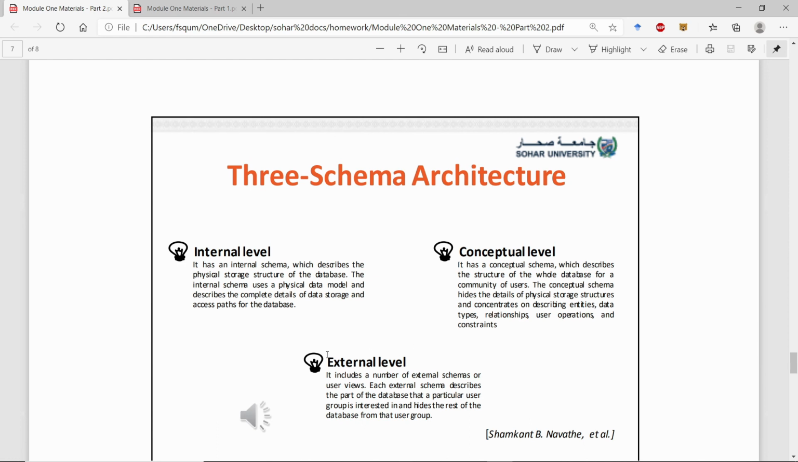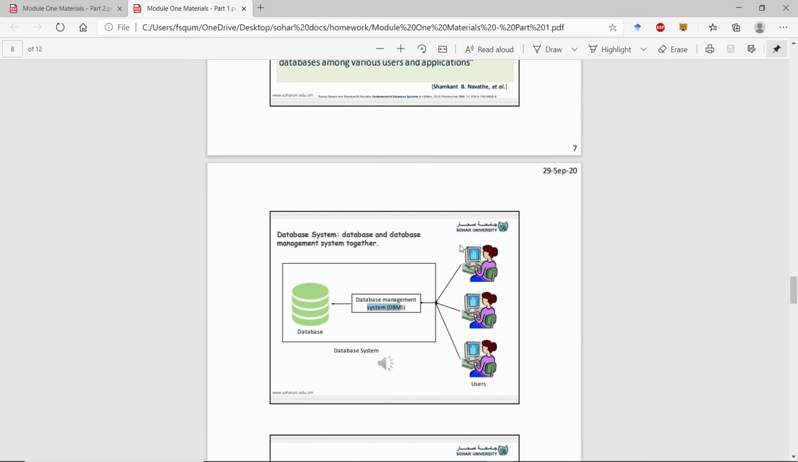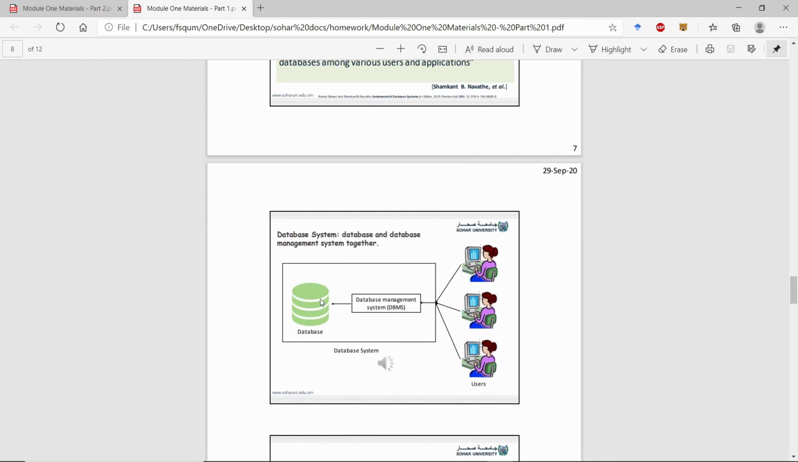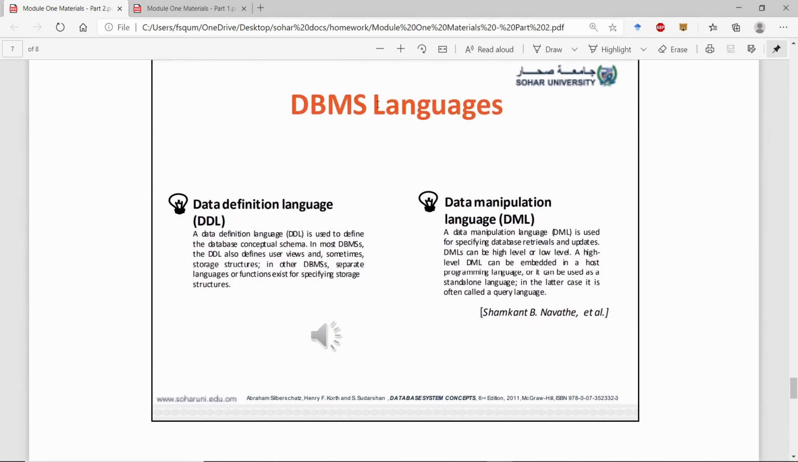The external level, we have said, includes a number of external schemas for users' views. Each external schema describes a part of the database that is particular. Like this example we have given, the student has a different database view. The teacher has different information inside of the database. And then we get to the